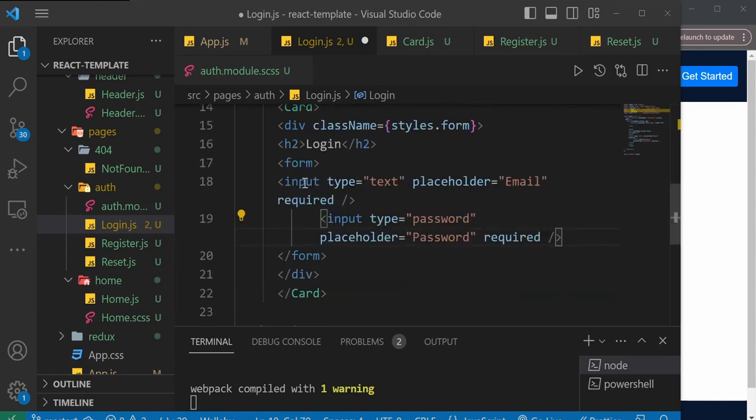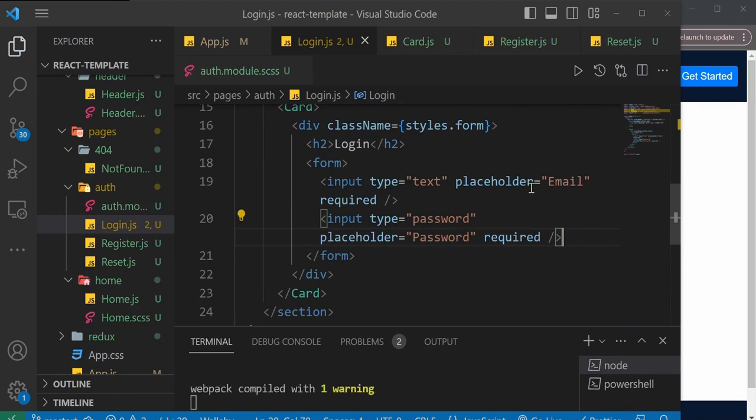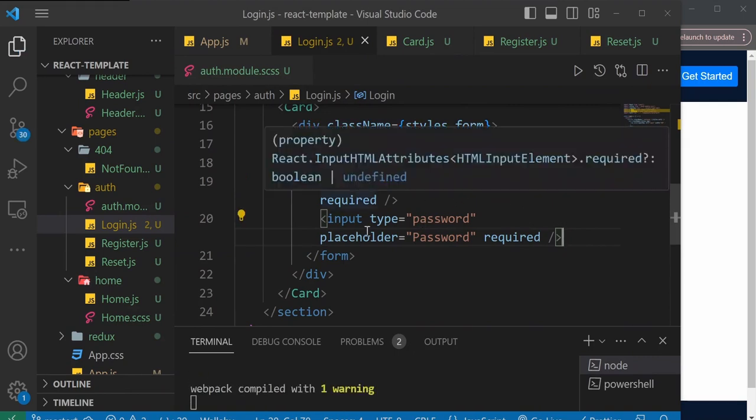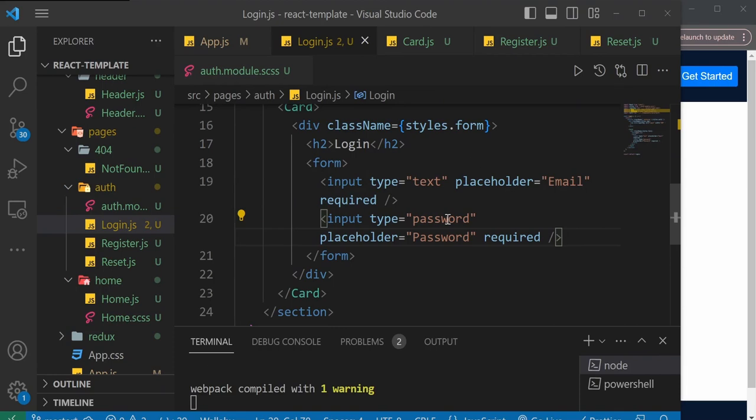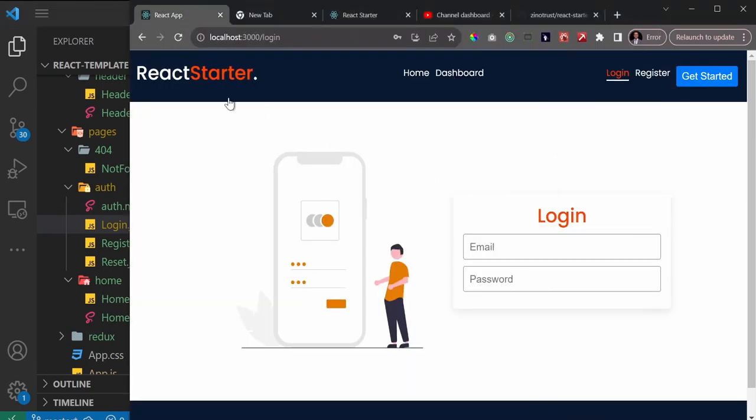So this is the first input. It is a type of text. I'm going to save it. It has a placeholder of email and is required. The second input is a type of password, placeholder, and is also required. If you come to this project we're currently building, you'll see that we now have the first two inputs, but